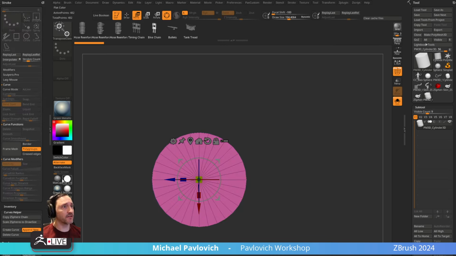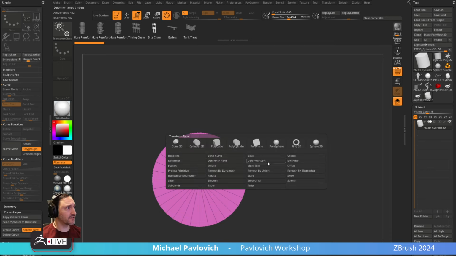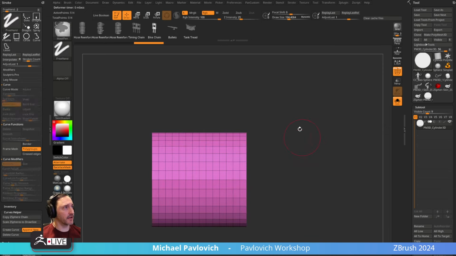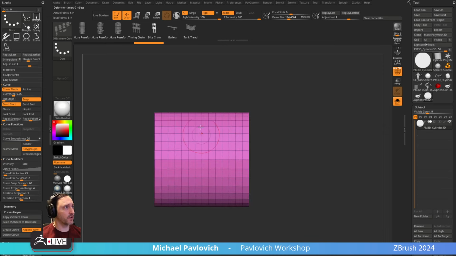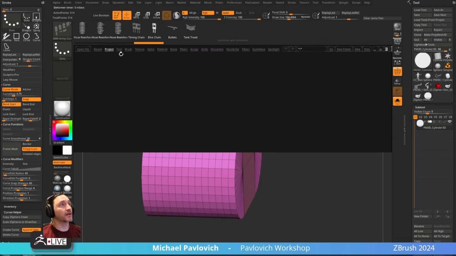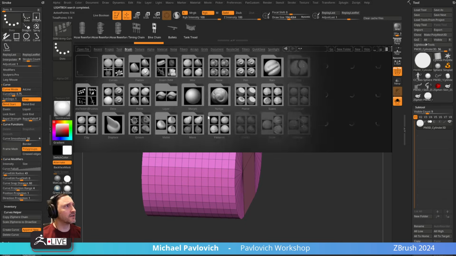But anyway, let's go in here. Let's hit W. There's a cool extender in here. You can say extender, and so you can extend this out. And then again, we can hold down shift and go around this object, or we can make a path. However, if we go into comma key, brush,